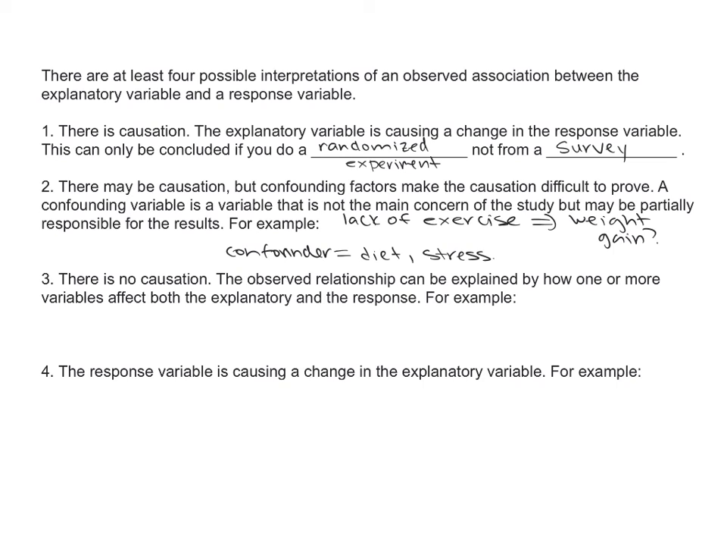Another thing could be that there's no causation. The observed relationship can be explained by how one or more variables affect both the explanatory and the response. For example, we have coffee drinking and cancer. So it was thought that coffee drinking led to cancer. And so coffee drinkers around the world were very sad because they're like, oh my goodness, this caffeine habit's going to kill me. But when they controlled for smoking,